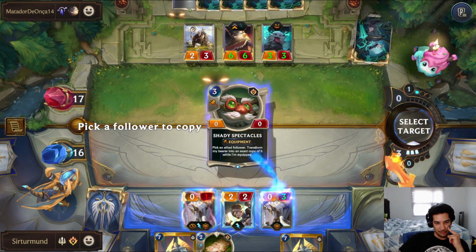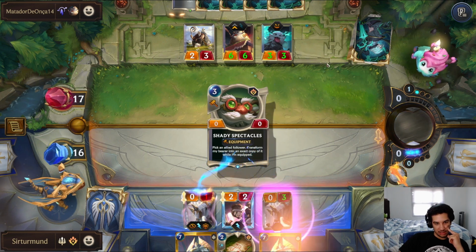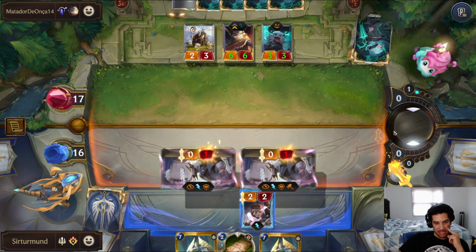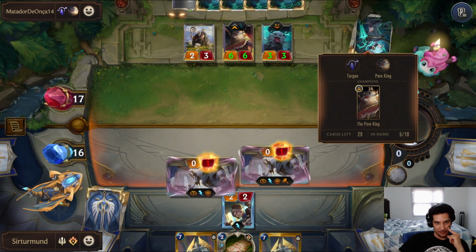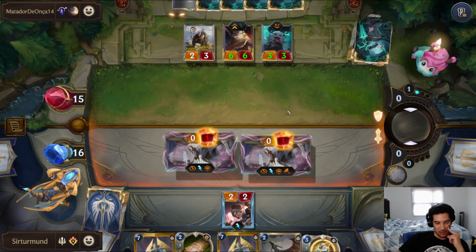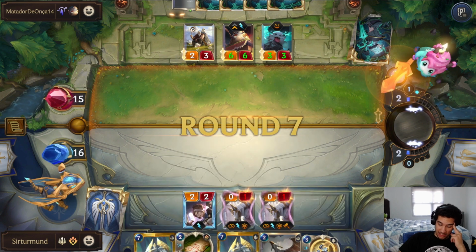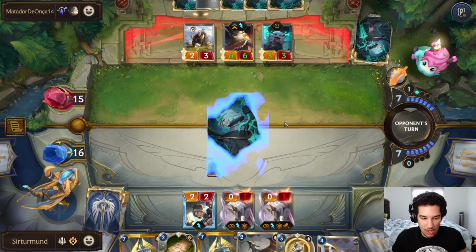Yeah, so we're gonna copy this guy, and we're gonna equip it here. I know that we lose damage, but the idea is that we're able to get double the draw, and then we can play Galio, right? The Fearsome is gonna be very annoying. Yeah, so here we go Galio. I guess we can go Broadwind first and then Galio next turn. Oh yeah, absolutely, right? So we can go